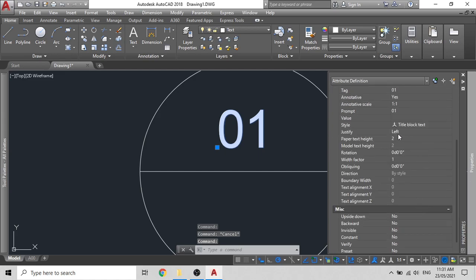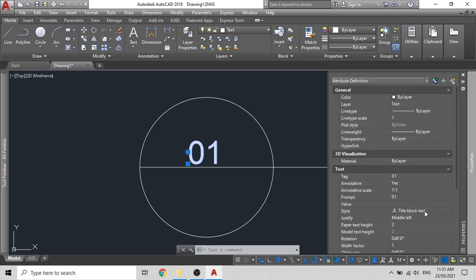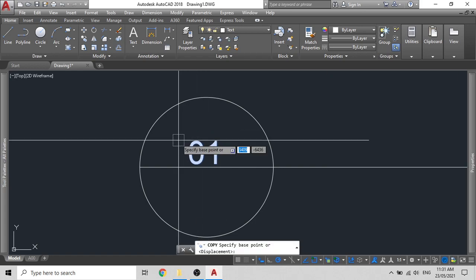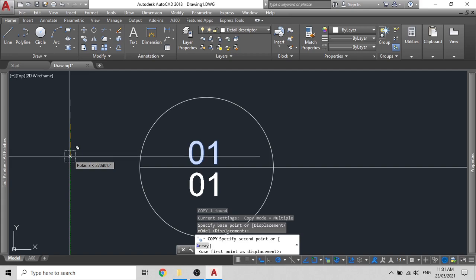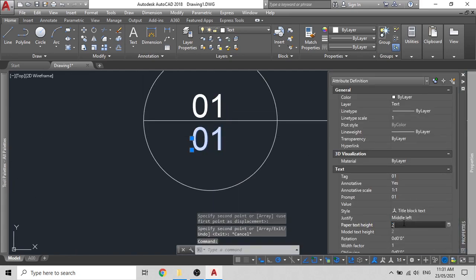Two properties we'll have to change. One is the justification. The justification is always middle left. And we'll have to change the height, which is 2 millimeters. And click on enter. Now we'll copy this again, bring it down here, similarly, and change the height of these two to 2.5 millimeter.